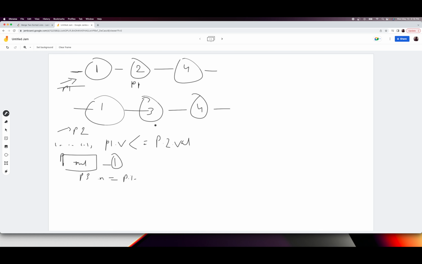And what we need to do is, now p2 is here, so we say p3 dot next is p1, and p1 equals p1 dot next, so we move it. And then we move here and compare again p1 with p2. Is p1 value less than p2 value? No, right? Else,